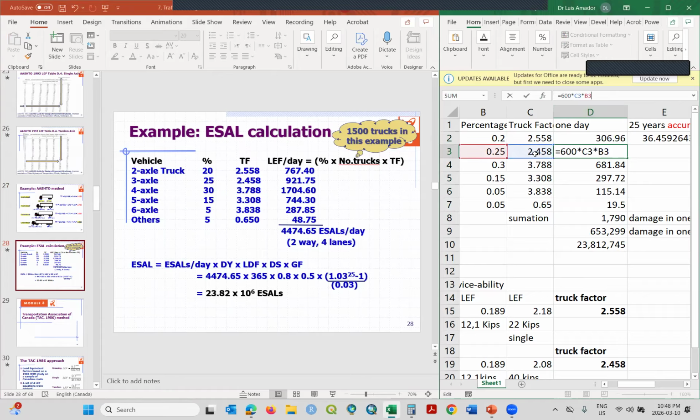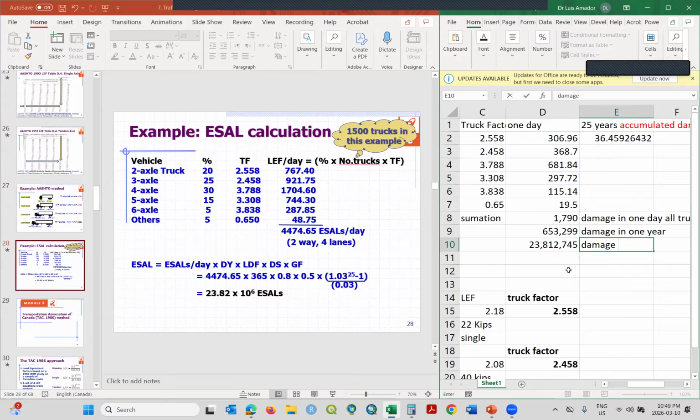The truck factor is 245, correct? And 25%, okay? This one is 600 by 3788, which is the truck factor or the amount of damage of one truck. And this is 30% of the 600, etc. So at the end, this is the damage for 25 years accumulated